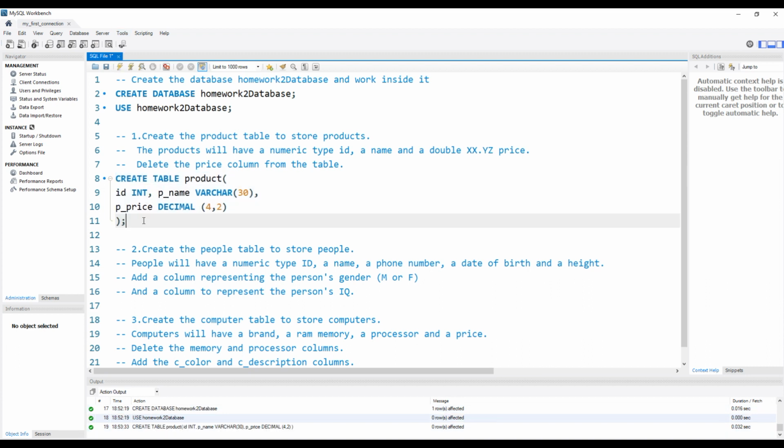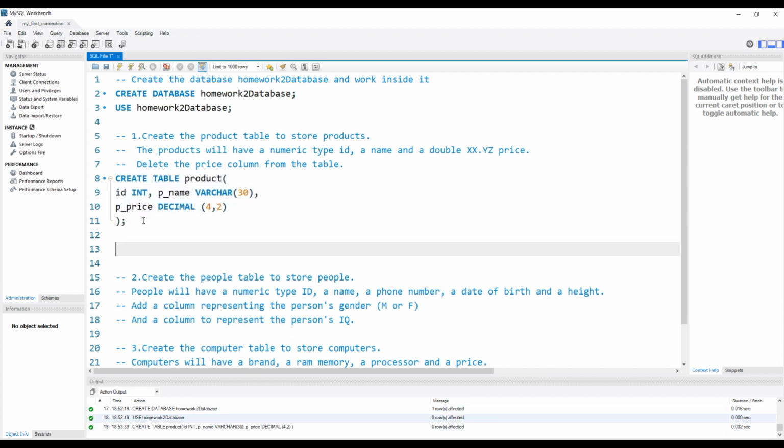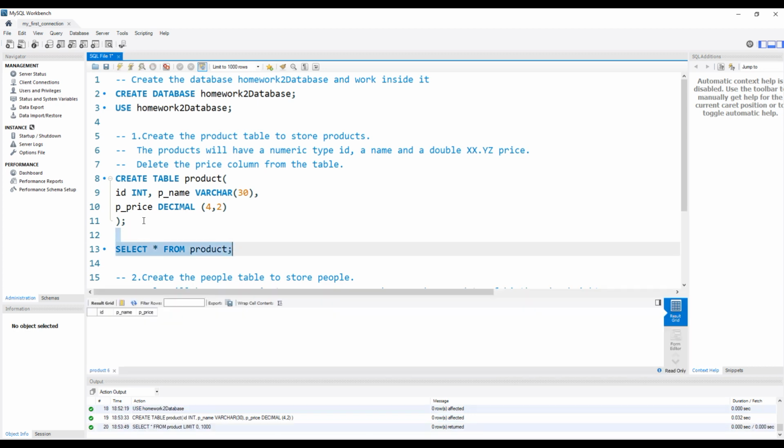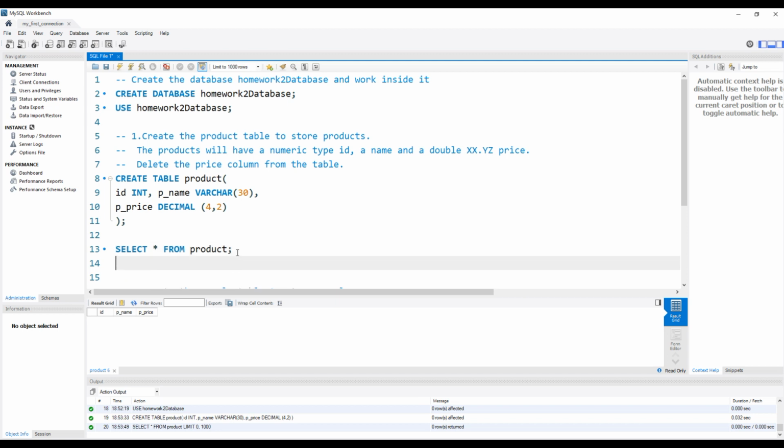and let's select now all its values. We will write select everything from the name of our table product. We will execute the query and we can see that our product table has an ID, a name, and a price. To delete the price column, we will write the statement alter table product,